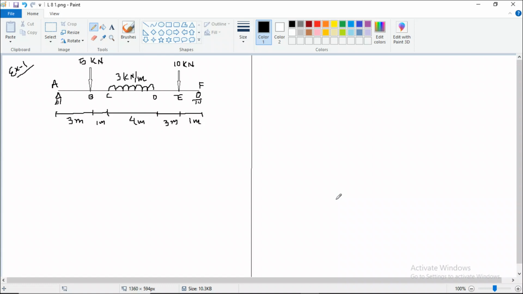Okay, so after learning about the important points about the shear force and bending moment diagrams, let us try to solve one simple numerical. So this is the data which is given to you. The question is you need to draw the shear force and bending moment diagram for the loaded beam. So we'll start with the first step. First step will be we calculate the reactions.